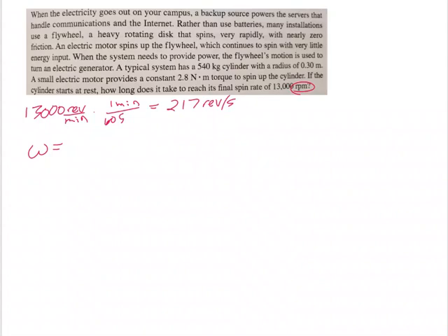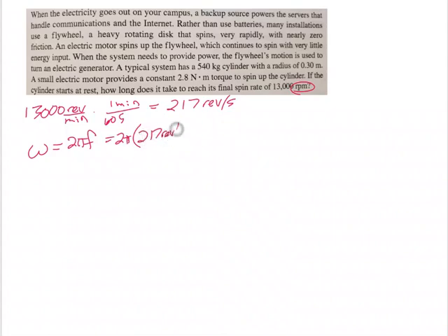Oh wait, delta theta. So we have 2 pi radians times the frequency. We have the frequency. So this is just 2 pi times the 217